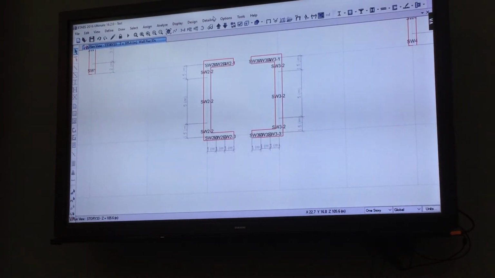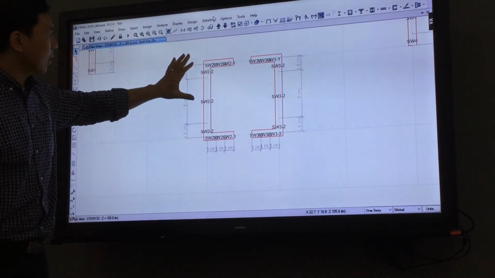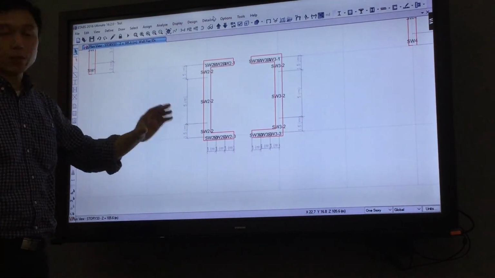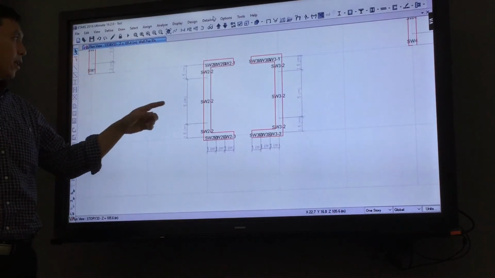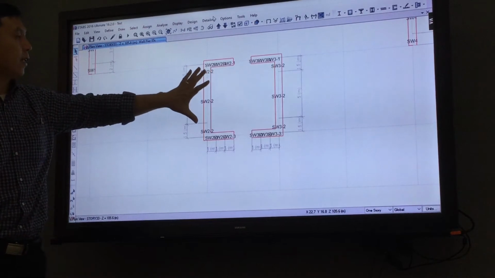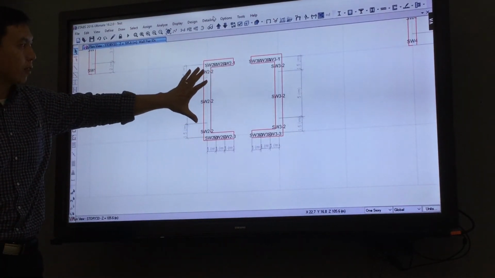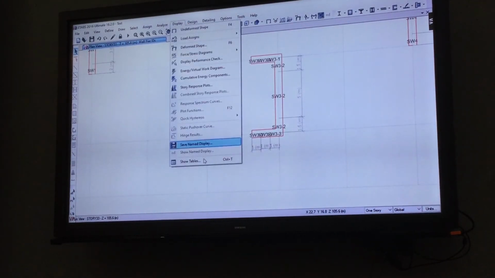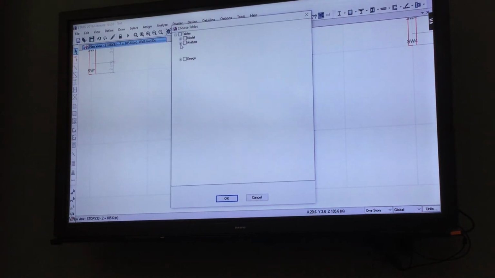For example, if you have 3 shells in this leg, you will get the shell forces of each shell, which we cannot use in our design. So we have to use pier labels for this leg and get the resultant force for this pier, okay, for the design purpose. After you define the pier labels and assign, you can get the display, show table, analysis,